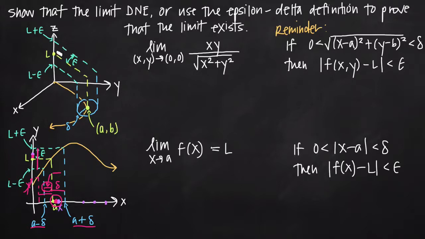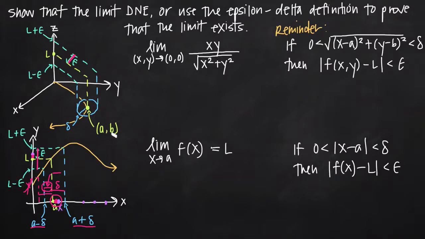Now we're going to do the same thing. We're going to move out along the z-axis a distance of epsilon away from L, right? This distance of epsilon here. So this value is going to be L plus epsilon, and this value is going to be L minus epsilon. And what we're doing is we're saying that if we want to stay inside this range, if we want the values of the limit to be between L minus epsilon and L plus epsilon, then we have to stay inside